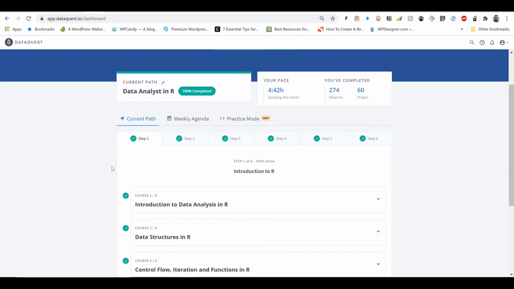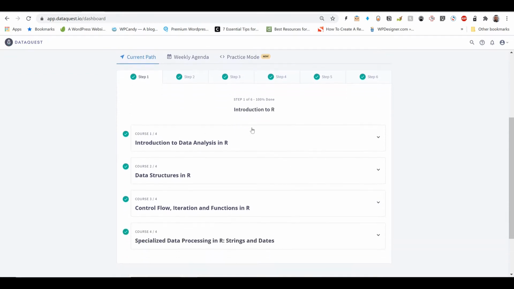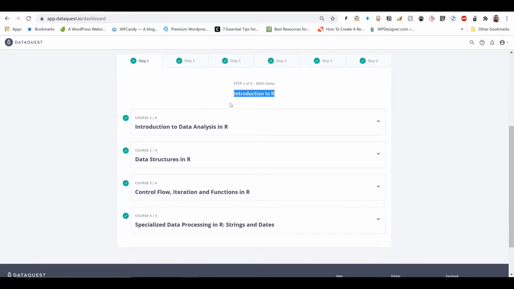Now let's start. Here we have 6 steps, and each step has a name. Step number 1 is Introduction to R. We have 1 course, 2, 3, 4. Now the first course here,